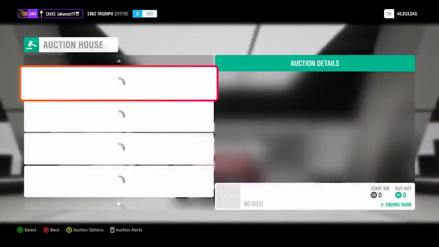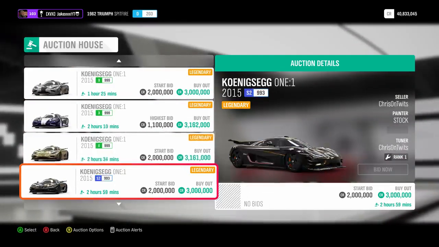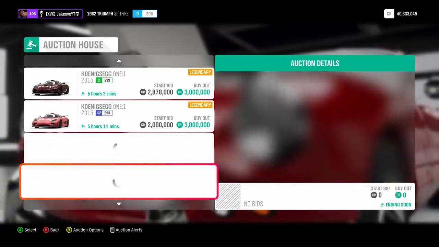One last one I'm going to try. I'm going to try the Koenigsegg 1-to-1. This is an extremely stable one by the looks of it. 2 to 3 million credits these will sell for. So if I can find a Koenigsegg 1-to-1 listed for 1 to 1.5 million credits, that's a banging amount of